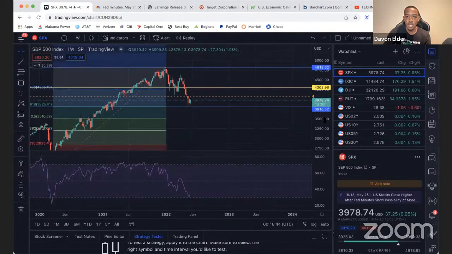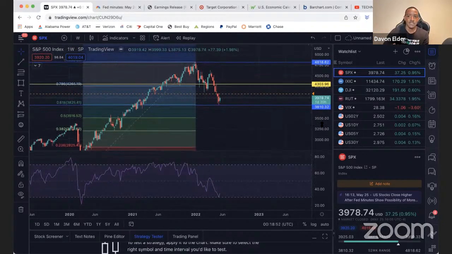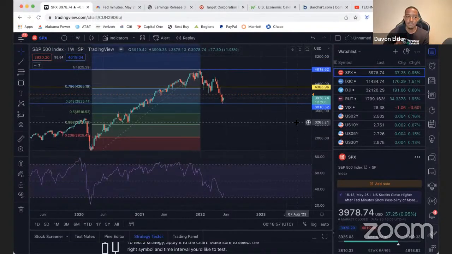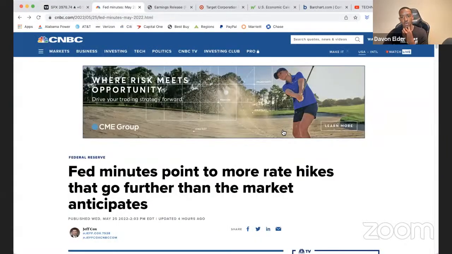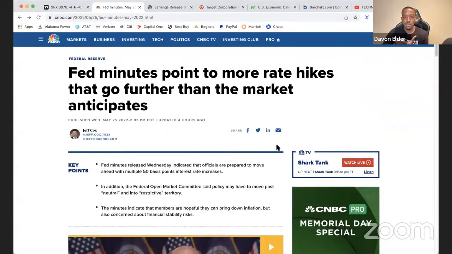All right, so this is the technicals. I told you that I believe that the bottom is in, but now economically, why does that make sense? From an economic standpoint, why does it make sense that the bottom is already in? So first off, we need to look at the Fed minutes. We had FOMC reading today, and the Fed gave us some more data.